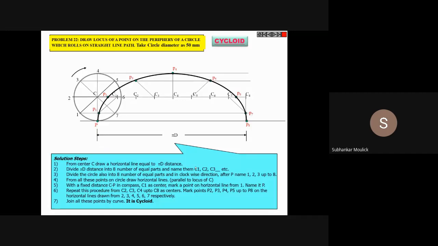Any doubt so far? Sir, can you share this video after the class? Yes, I will share it in Google Classroom by the day end. Sir, I had a question. In the question, it is not asked to divide the circle into 8 parts. It will not be there in the question. This is a process, this is how you understand the trick. How many points do we have to cut? If you want to get a proper cycloid, minimum you have to divide your circle into 8 parts. After that, it is your wish. You can divide the circle into 12 parts, or 18 parts. The more parts you take, the more accurate your cycloid will be.